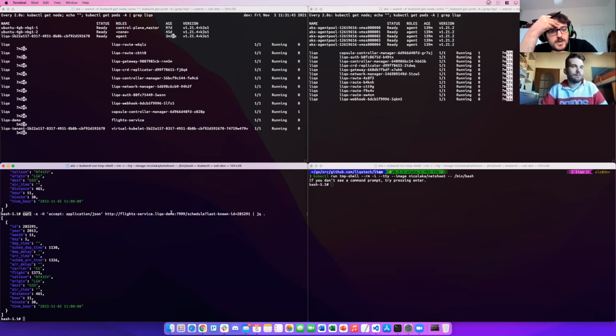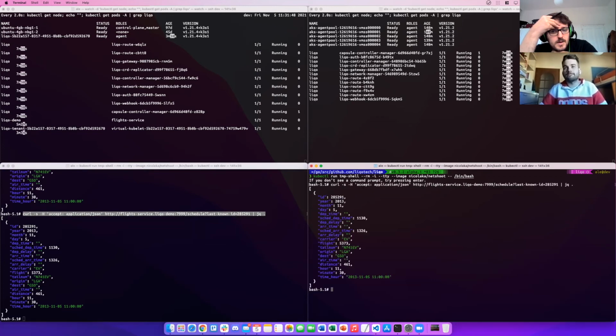If we copy on the other cluster, we can have the same. So the service has been replicated on the other cluster, and we can access it from the other cluster just by doing this licoctl offload.